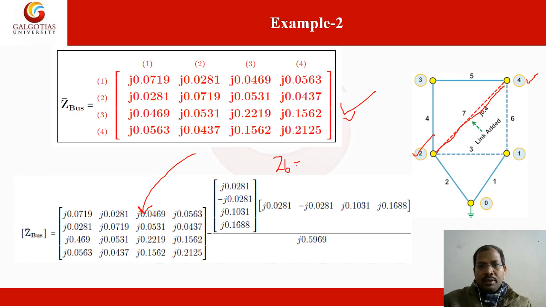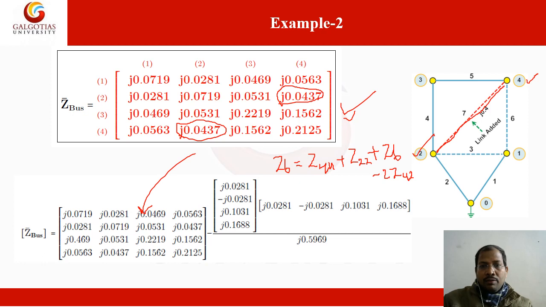ZB is equal to Z44 plus Z22, because this is connected between bus 4 and 2, plus ZB minus twice of Z42, or you can take 24. Both are the same. So this is the 42, this value and 24, this value. Both are the same, so we can use any value.